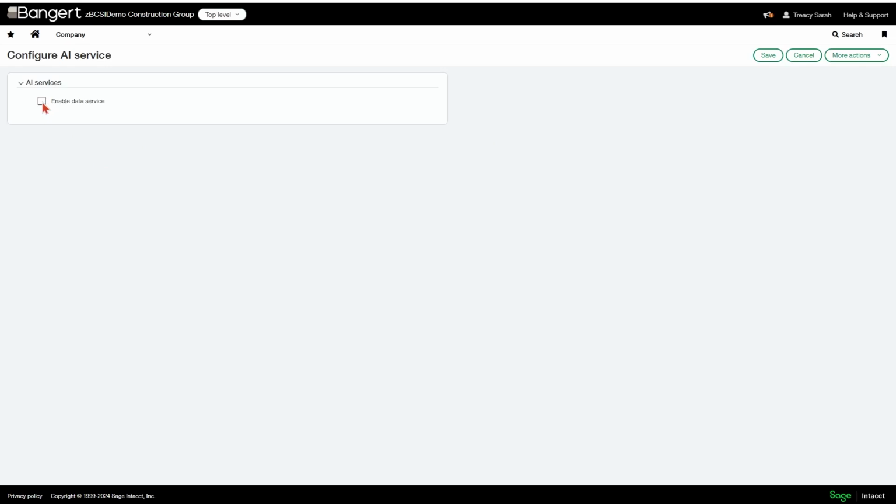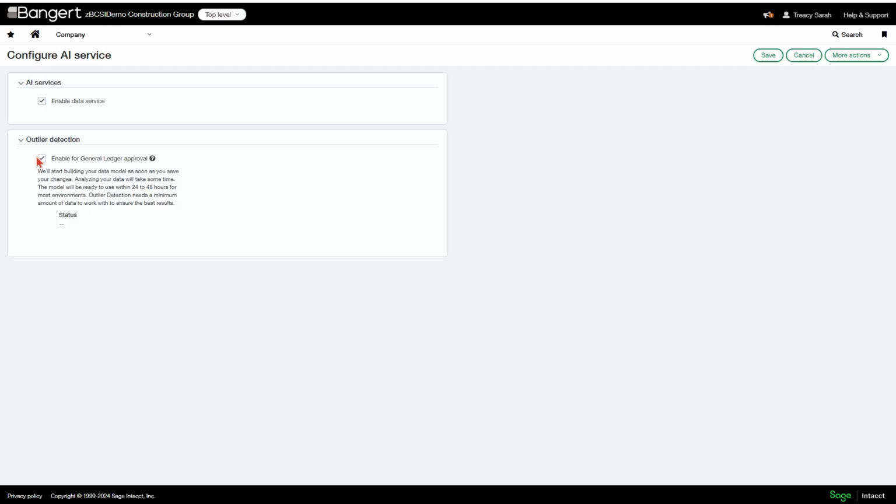So when you click configure, then you enable data service. And if this is not checked, you want to check off enable for general ledger approval. So this does not take automatic effect because the system needs time to read your data so that it can learn from your data basically to tell you when something looks strange or when a transaction brings back a flag.